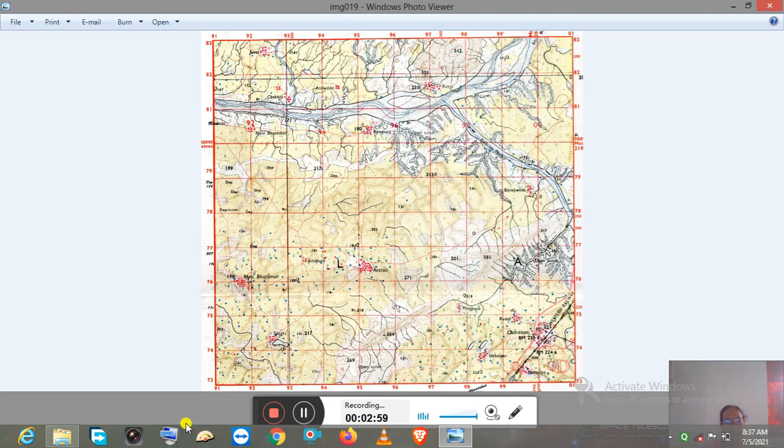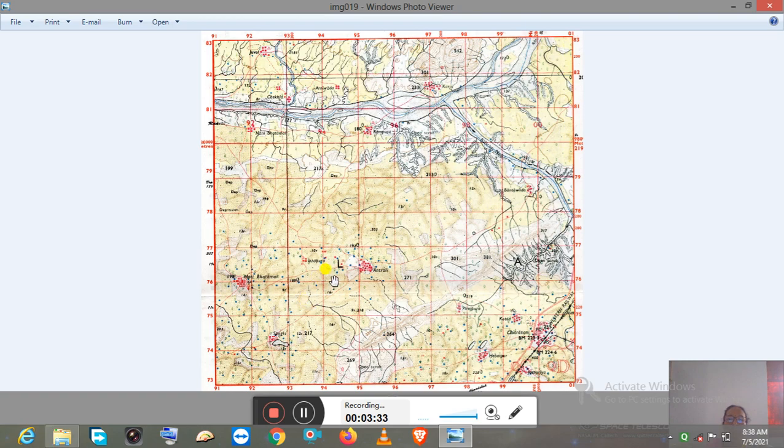The directions are important in the topographical map, as in the questions they ask the directions of the rivers and the directions of places. For rivers you should always give two directions, from which direction to which direction a river flows. Just now I explained this Balaram Nadi is the tributary of the main river. It is flowing from southeast to northwest.